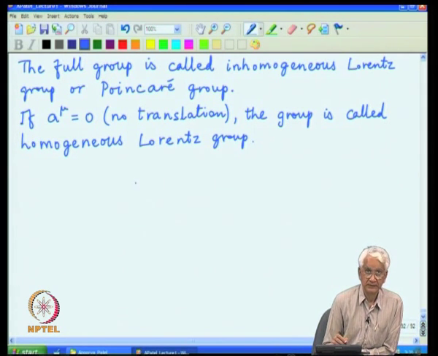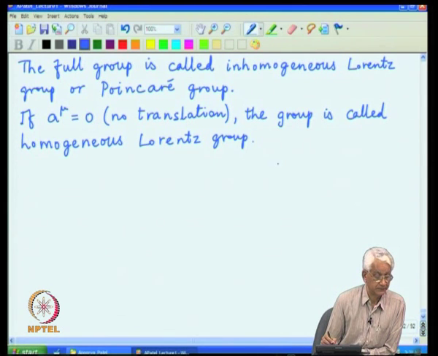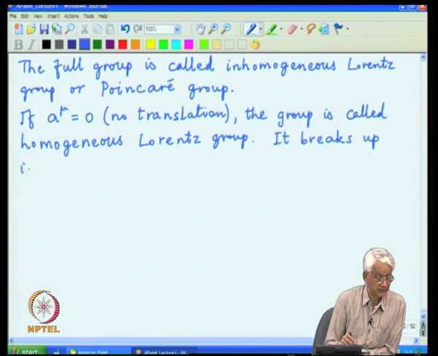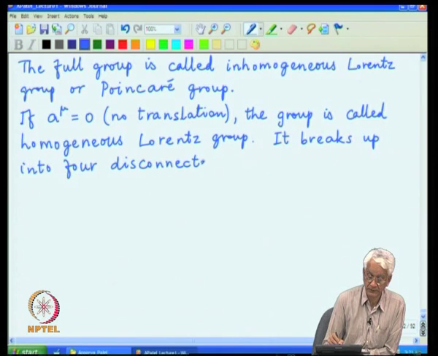And now, if the sign of determinant is taken into account as well, then this homogeneous group breaks up into 4 disconnected subsets,